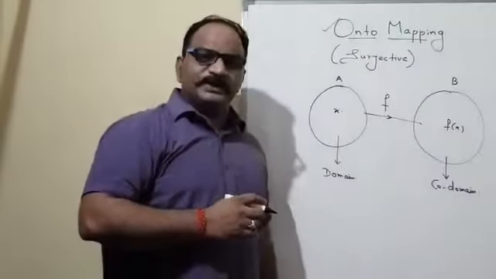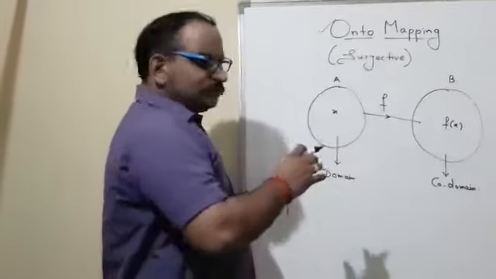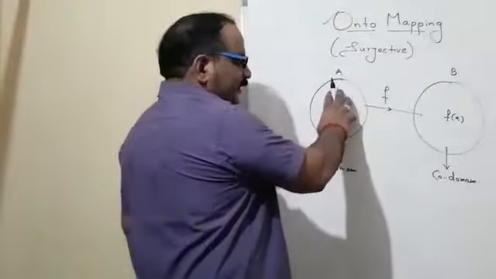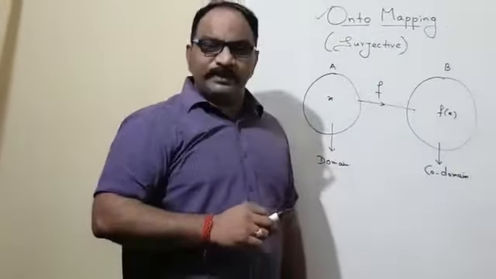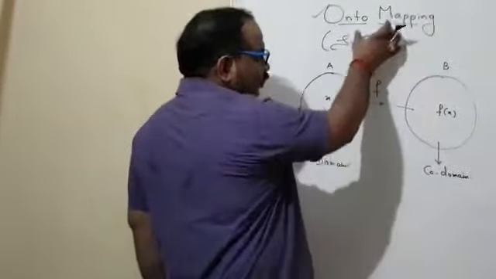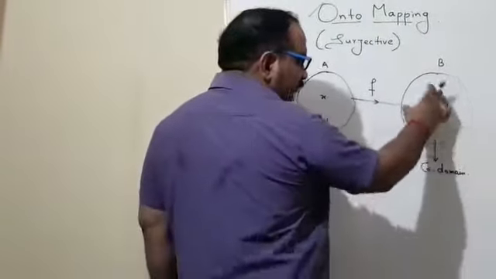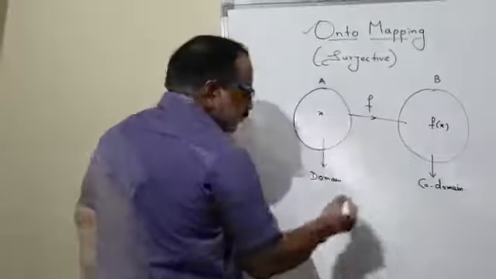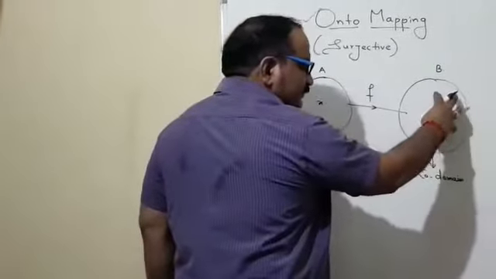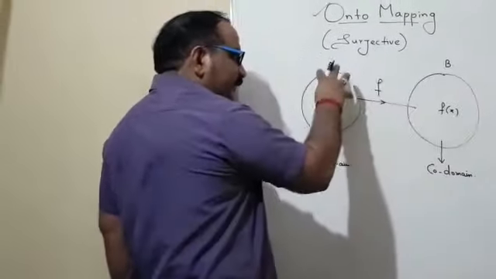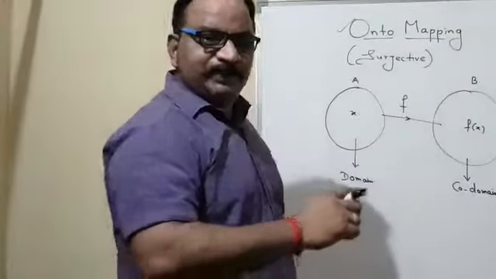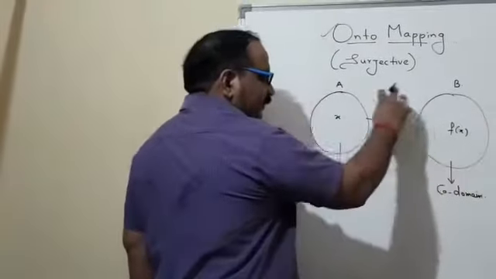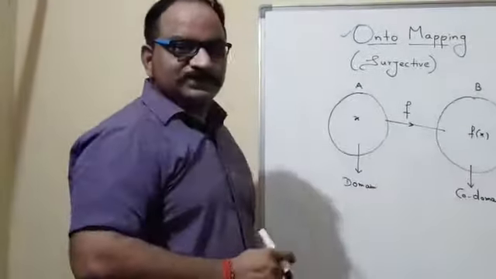What do you mean by the onto mapping itself? Previously we touched on one-one functions. A one-one function is purely concerned with the first set, the domain area. Two different elements having different images is known as one-to-one mapping. In a similar fashion, for surjective or onto mapping, we have to focus on the elements of the second set, that is to say the codomain area. Any function is defined as onto mapping if every element of the second set has a pre-image in the domain area. I repeat, any function f is said to be onto if every element of the second set has a pre-image in the first set, that is the domain area.